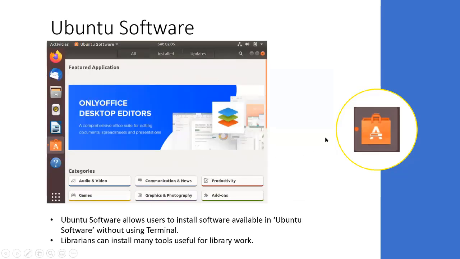Then Ubuntu Software Center is a very good center to install software available in Ubuntu software packages. Ubuntu Software allows users to install software without using the terminal. Librarians can install many useful tools for library work.